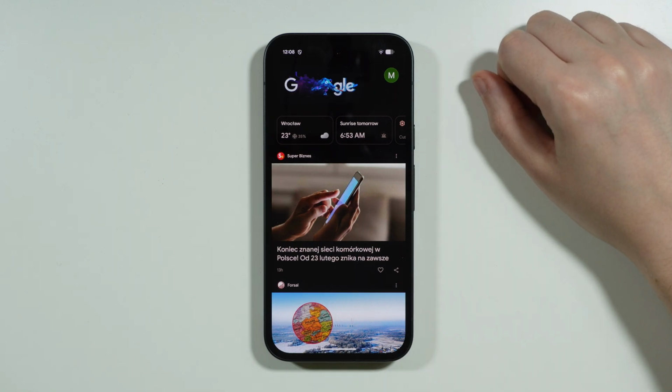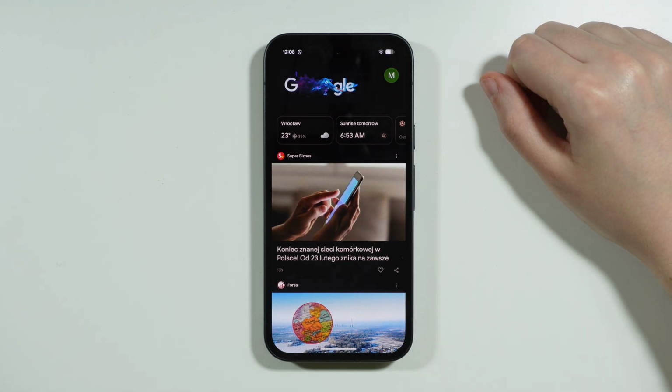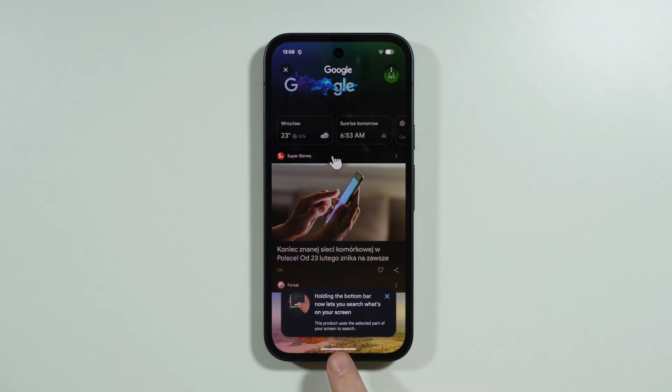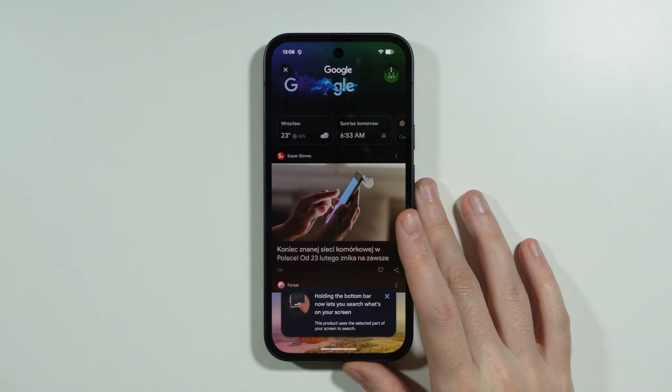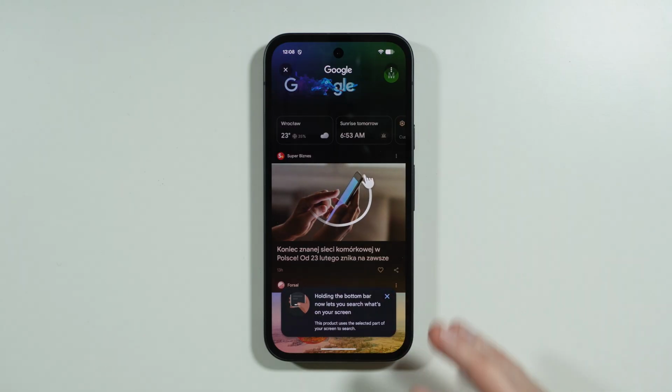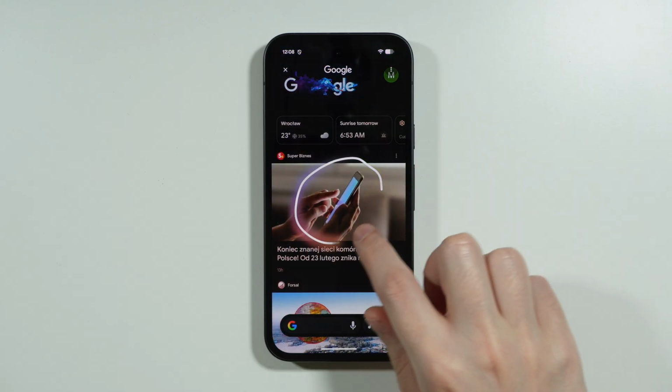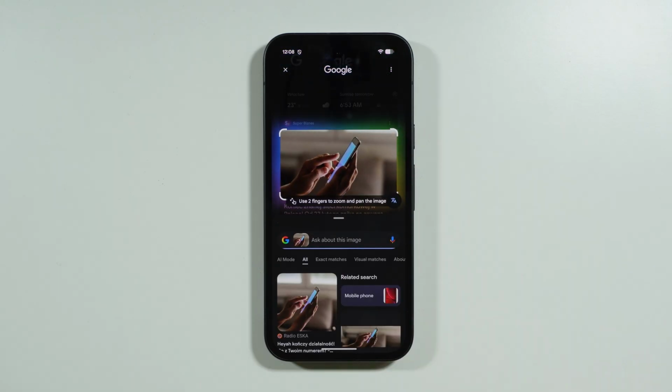If you want to use Circle to Search on Google Pixel 10a, if you use the gesture for navigation, you want to press and hold your finger on the navigation bar that we have at the bottom of the screen. And in case you use 3 buttons for navigation, you want to press and hold your finger on the home button. Now you should be able to draw a shape around the subject or a person that you want to